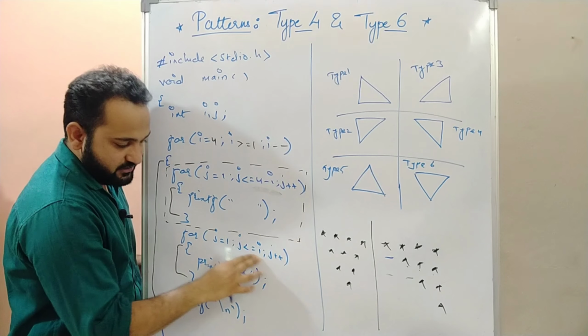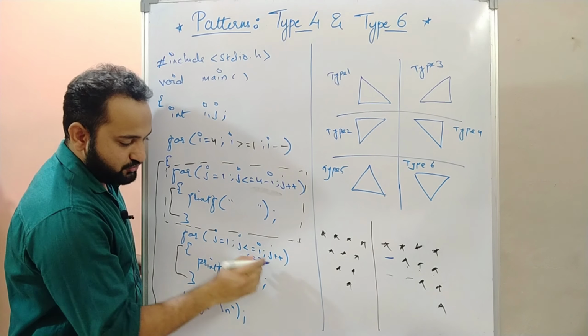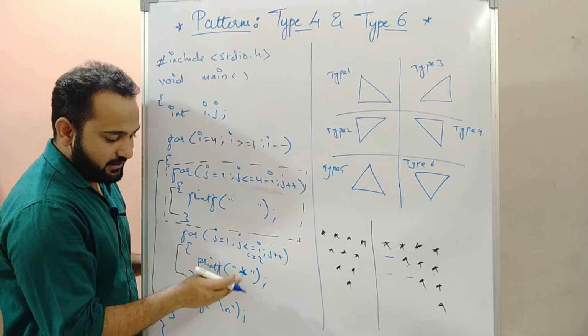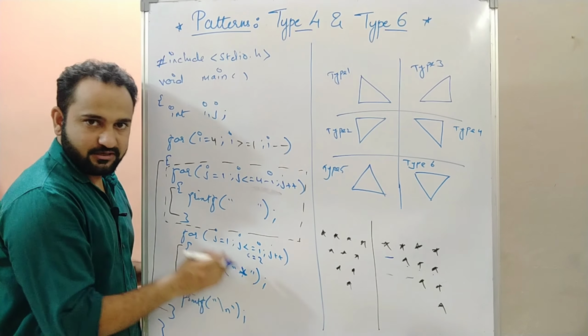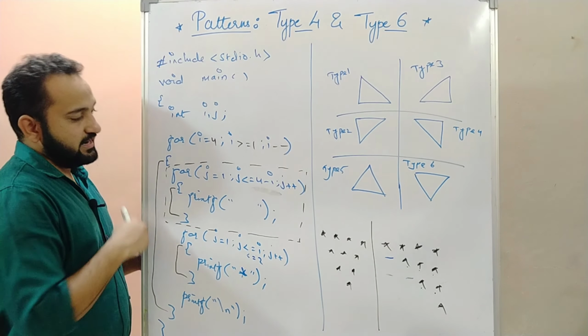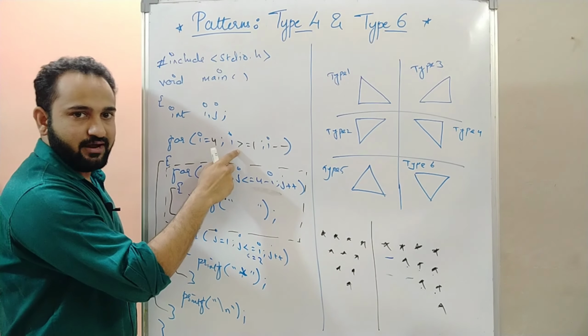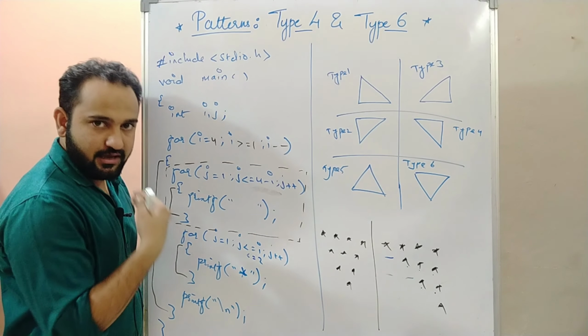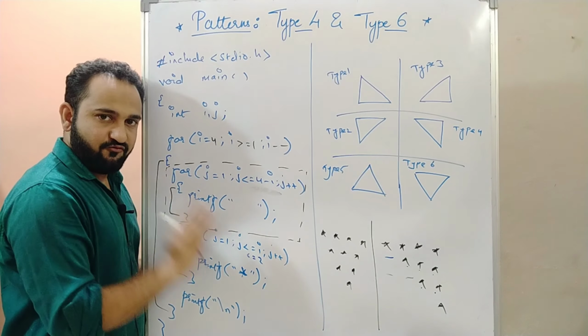It will go inside this. What is the value of i? i is less than or equal to 2. How many stars will it print? It will iterate for 2 times and will print 2 stars. It will come out of this, leave one line, will go back again. While going back, the value of i will be decremented by 1 once again. The value of i was 2, it will become 1 now.